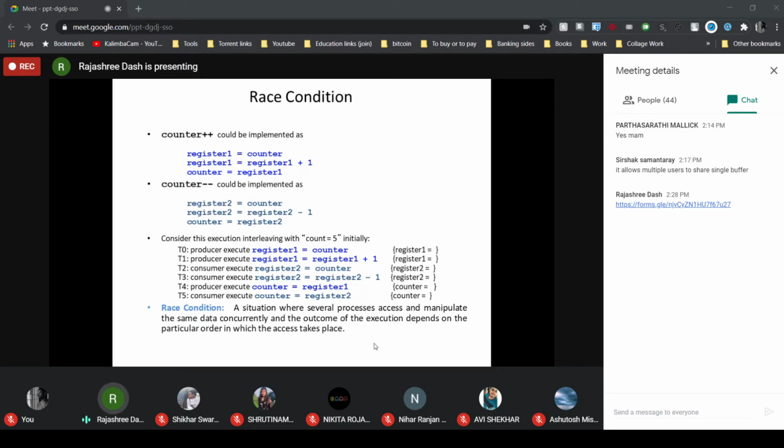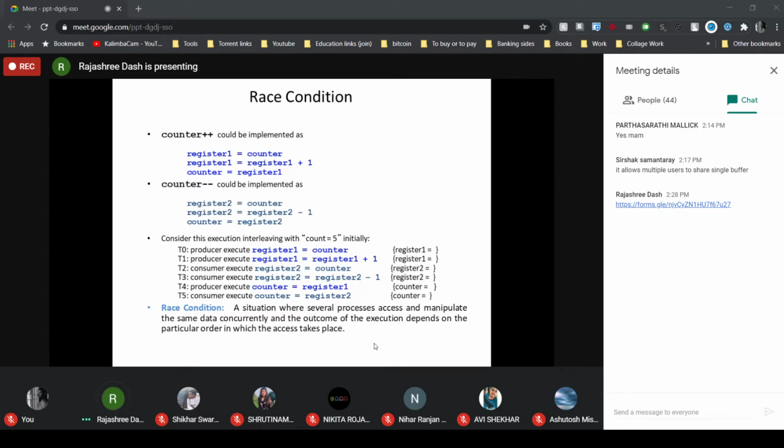So in any sequence they can execute concurrently. Now let's consider the updation of that common variable counter. The counter plus plus can be implemented at the machine level using registers. How? Store the counter variable in register 1, then increment the value of the register by 1, then the register 1 value is stored back in the counter.